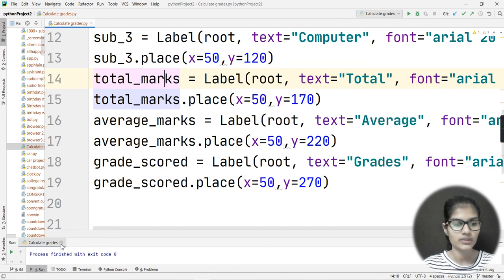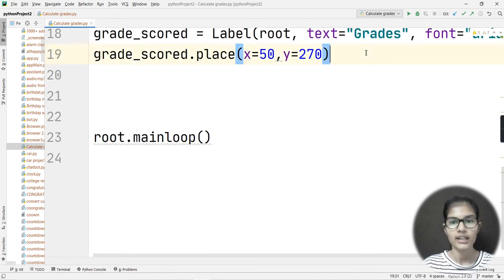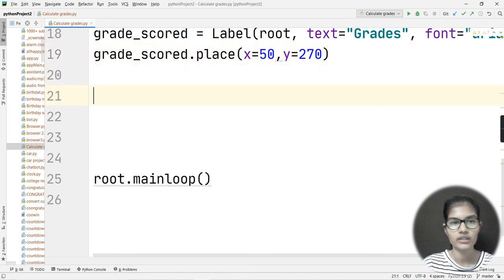Right. Now I've just closed this here for a while, and let's go on with the other things which we need to add here. Now I need to take the input from the user, right? I want a box to appear there, and in that box I would be able to write some marks. Correct. So in that case, I want 3 boxes to appear for my maths, for my science, and for my computer. These 3 subjects.